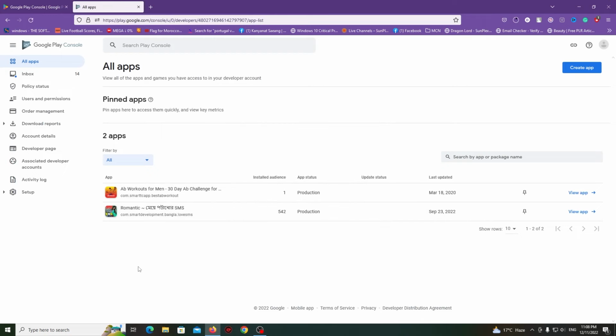3. Enter your Google account credentials, email and password, and click on the Next button. 4. If you don't have a Google account, click on the Create Account button and follow the prompts to create a new Google account. 5. Once you are signed into your Google account, you will be asked to agree to the Google Play Developer Console